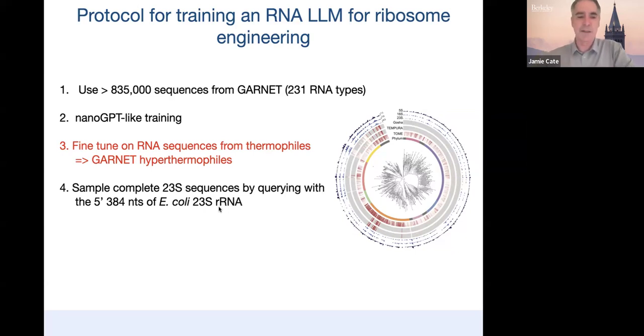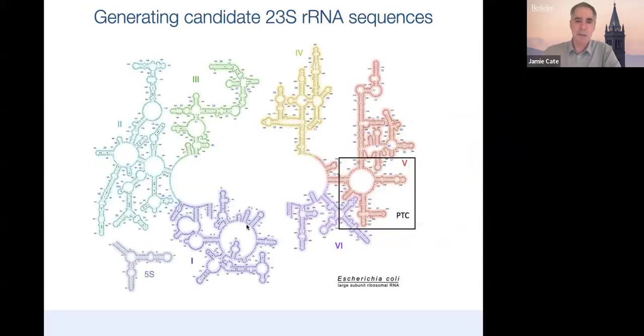I want to give a couple of examples. They're in the preprint, but just to give you a sense of what this means. We're querying with the sequence over here, and then the model has to predict or output all of this sequence that goes all the way to there. So we're inputting about 384 tokens, or nucleotides, and it has to predict another roughly 2,500 nucleotides. It's pretty good. The model is able to generate this entire sequence.